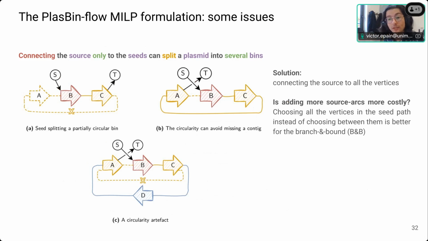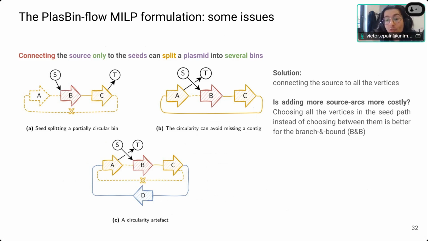The branch and bound is what? The solver is a black box, but even without knowing too much details about the solver, we can say that the idea of this solver approach is to have this tree of possibilities. And the strategic approach is not to explore all the tree of possibilities, but to choose which branch of the tree I will take when I have to make a choice.